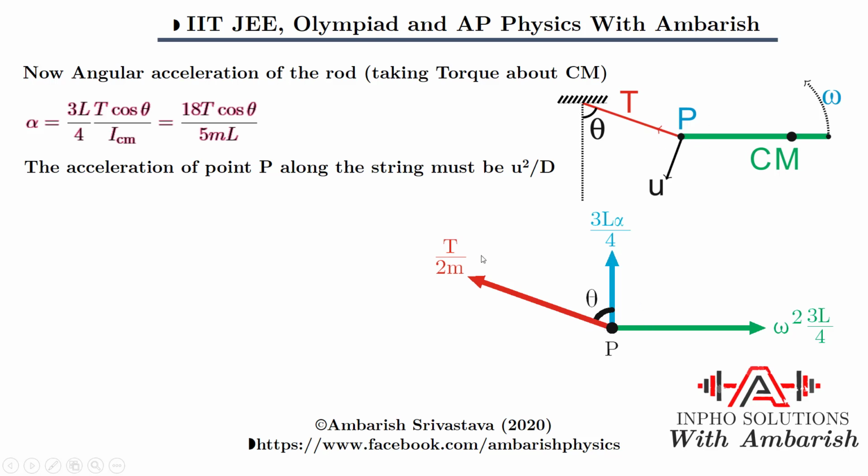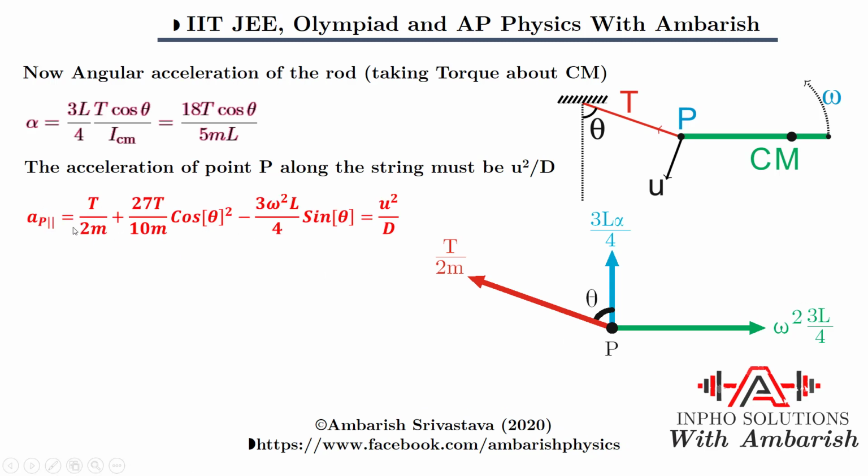So this center of mass acceleration is T/2m, and the 3L/4 component is 3L/4 alpha cos theta here, and this will be omega square 3L/4 and sine theta with a negative sign, because this component will be against the T/2m component. It's a simple constraint that we also use in many IIT related problems when a string is cut, almost in the same spirit. Many constraint problems utilize the same theme, centripetal acceleration. So that's what we get.